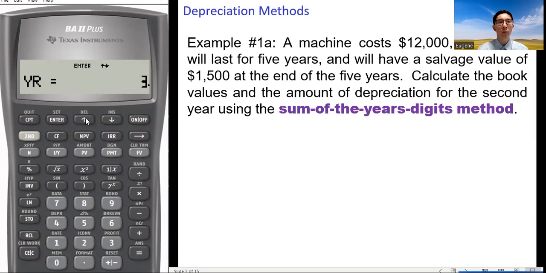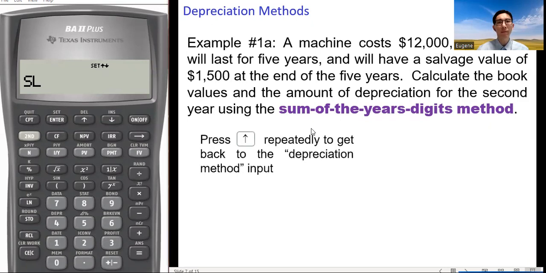We get back to YR, SAL, CST, M01, LIF, press the up arrow again, and we get back to the methods. And here we choose the sum of the year's digits method. So we press second set to get to SYD.